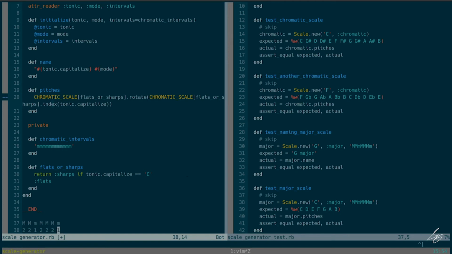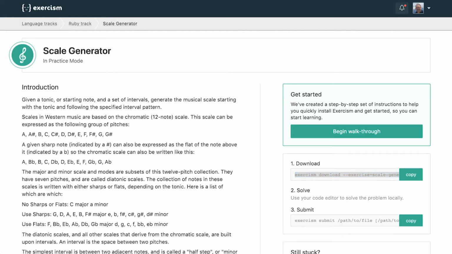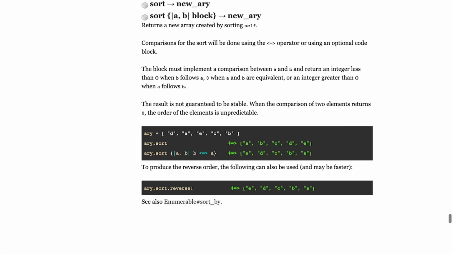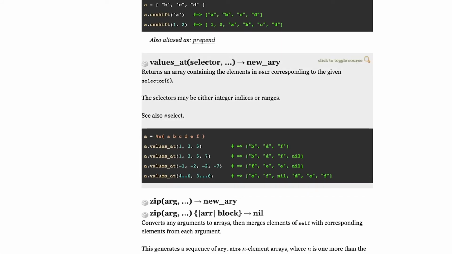And if we have our scale there, starting with C, what we want to do is select values at a list of indexes. Well, array in Ruby has, where is it here? Has a method values_at